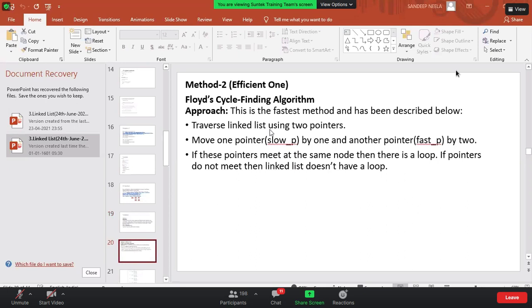One pointer is named slow and one pointer is named fast. If these 2 pointers meet at the same node, then there is a loop. If the pointers do not meet, then the linked list doesn't have a loop. A pointer stores the address of a variable. Do you agree?